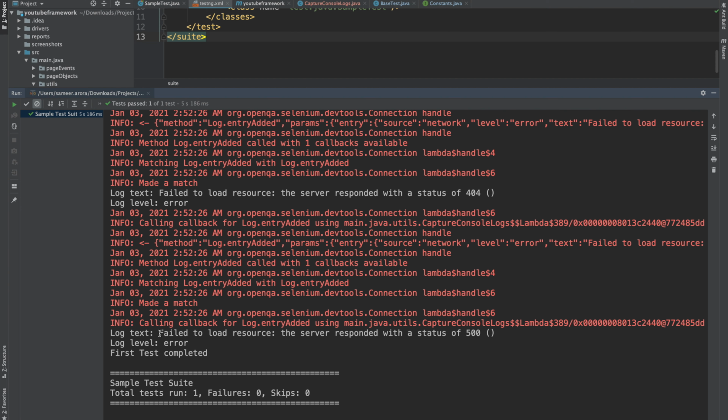And we have got another log text for the 500 error, with the same log level as well. So similarly, you can open your application using this code and check if there is any error or any warning displayed in the console logs. You can also validate that the correct info message is getting displayed in the console logs if there is any.